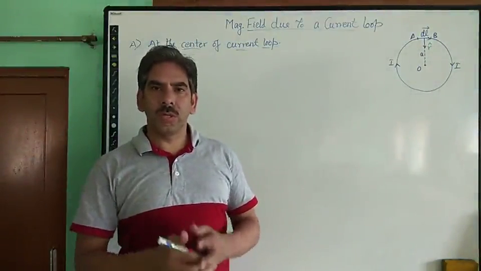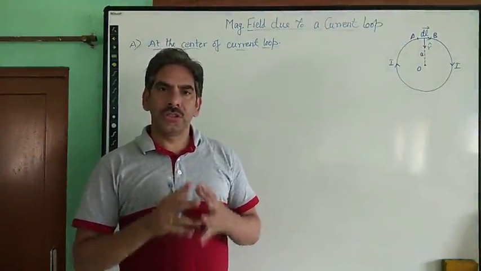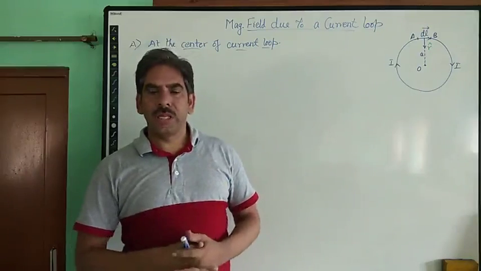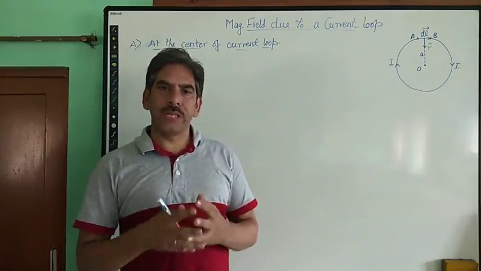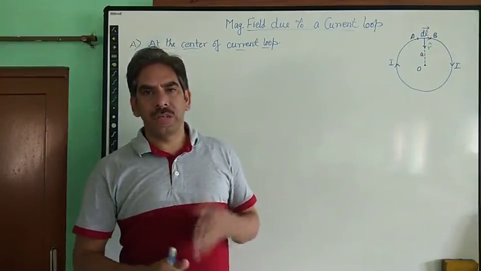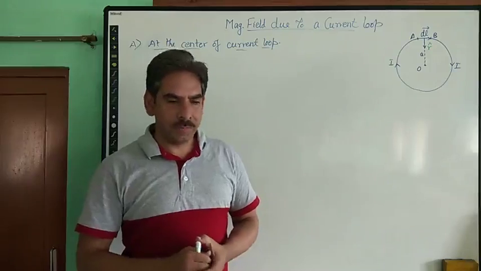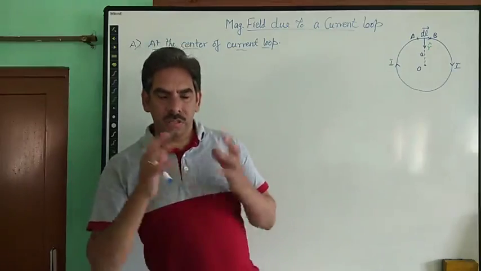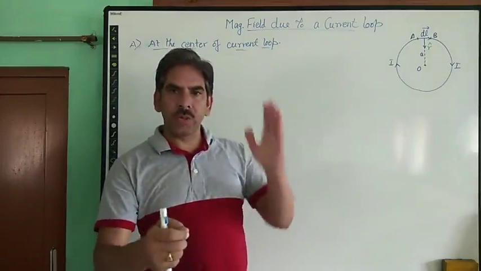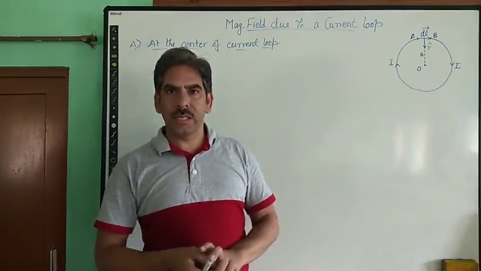Today we will talk about the magnetic field due to a current carrying conductor. In the last class we introduced the concept of magnetic field due to a current carrying conductor with the help of the Biot-Savart law and with Oersted's experiment. The Biot-Savart law gives the measurement of the magnetic field at a point due to a current carrying conductor.